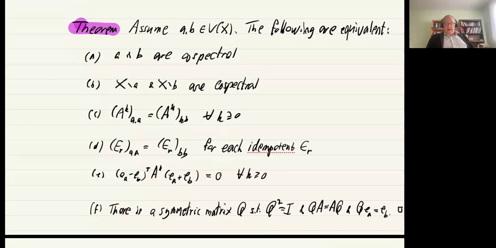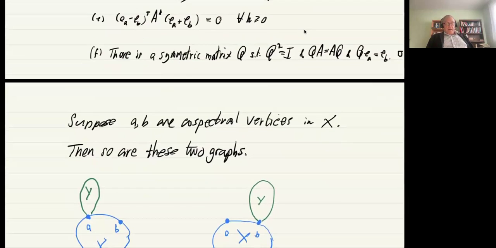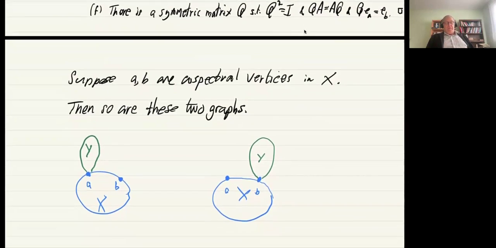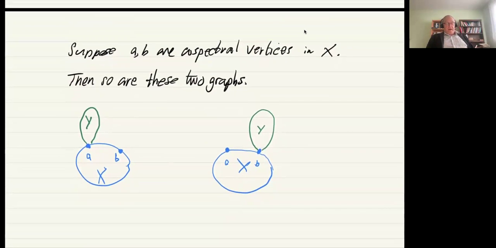And we've used that occasionally, but I'm not sure we really understand what's going on there. Yeah, and so finally I come back to what I was talking about with Schwenk, that if A and B are co-spectral graphs, vertices in X, then so are these two graphs. Now, going back to Schwenk's example, where we could take X to be his tree